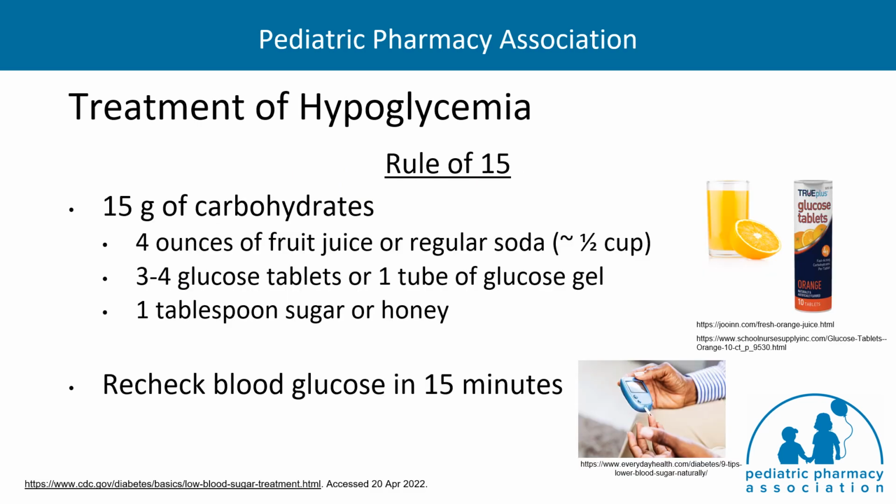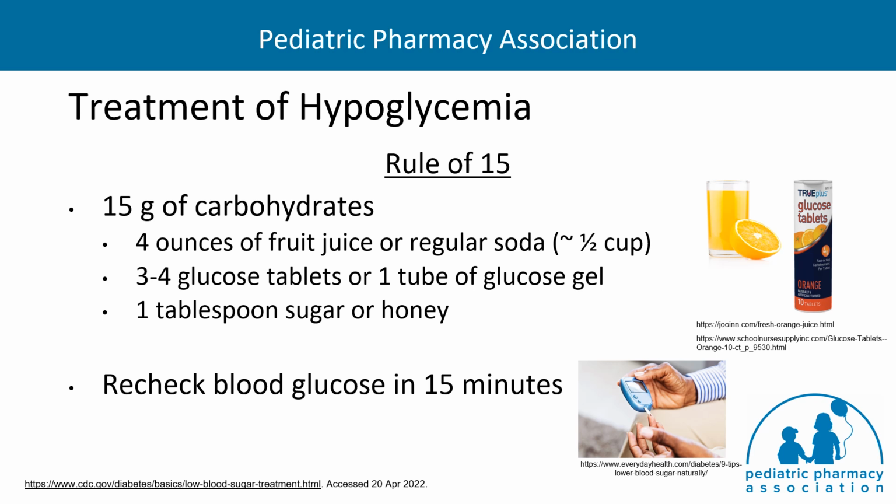When we think about treating hypoglycemia, we want to refer to the rule of 15. That's going to give us both the amount of carbohydrates or sugar that we have to replenish, as well as when we recheck the blood glucose. So the rule of 15 means that for a blood sugar that's less than 70 milligrams per deciliter, we're going to give 15 grams of carbohydrates, which can be found in approximately a half cup of fruit juice or regular